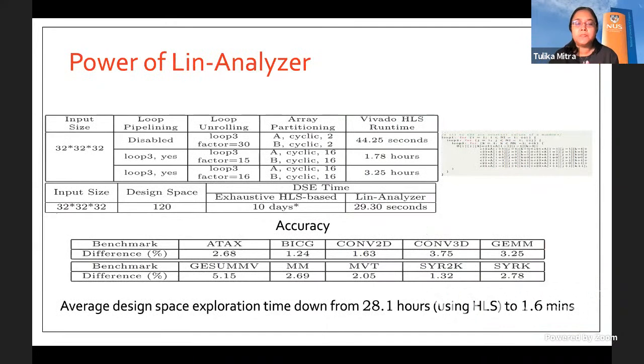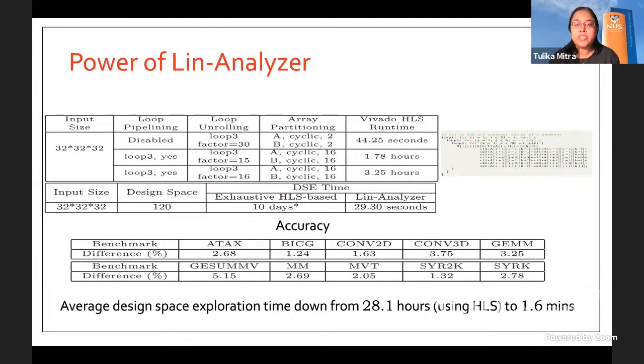And it's pretty good. So you can see the accuracy for different benchmarks compared to the best performing pragmas that have really gone through the high-level synthesis tools, compared to our very high-level estimation. And you can see that the accuracy is very, very good. But at the same time, what is more important is that the average time to explore all these possibilities went down from 28 hours on average using high-level synthesis tools to just 1.6 minutes. So this gives you a very powerful tool